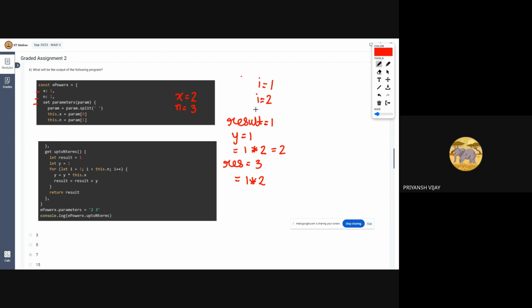This dot x is 2, 1 into 2, 2. Yeah, so y has changed to 2. So that's why for this y will become 2. So 2 into 2, which will be 4. So y will become 4,